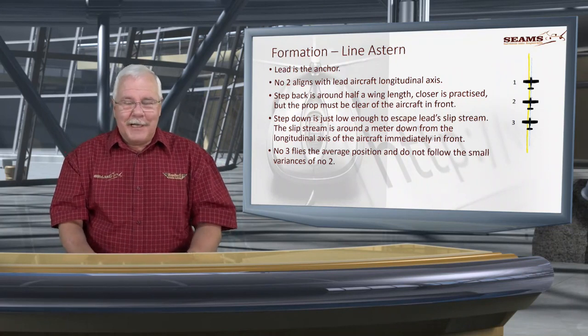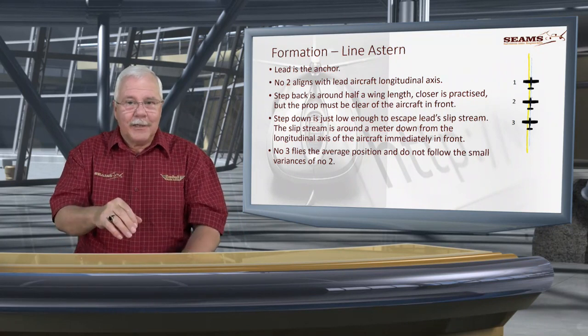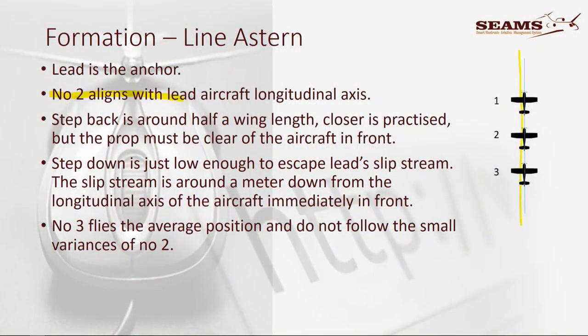I always say to the guys, whatever you call it, you've got to look slightly down to the aircraft in front of you. It's okay. Number 2 aligns with the lead along the axis. Step back, half a wing or closer, and then step down, just so that you stay out of the slipstream. And then number 3,